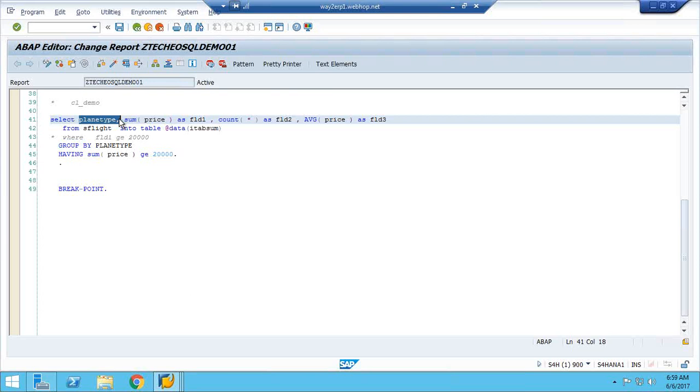If it is a primary key, there is no use, because that will have only unique records.